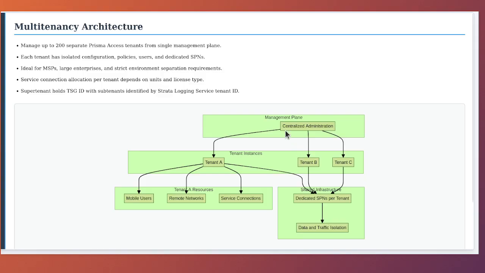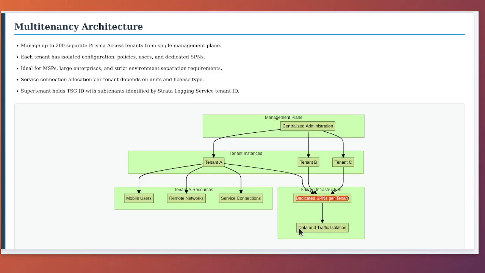At the top level, the management plane provides centralized administration capabilities. From here, administrators can manage multiple tenants while maintaining appropriate access controls and separation. Each tenant represents an independent Prisma Access instance with its own configuration, policies, users, and resources. Tenant A, Tenant B, and Tenant C, in the diagram, each have their own mobile users, remote networks, and service connections that are completely isolated from other